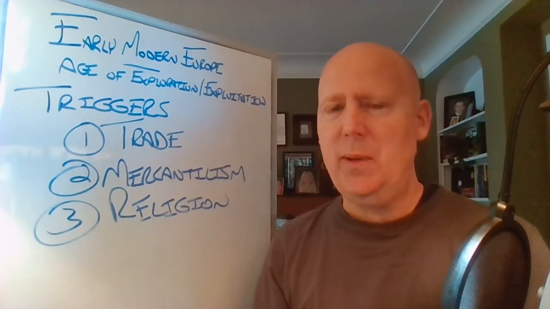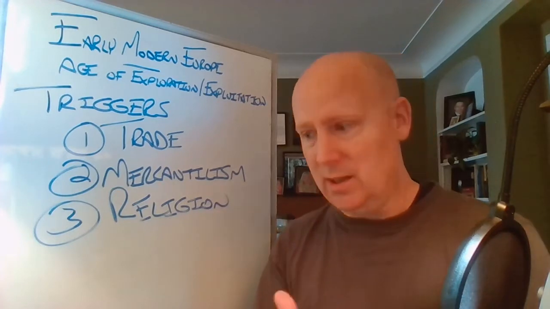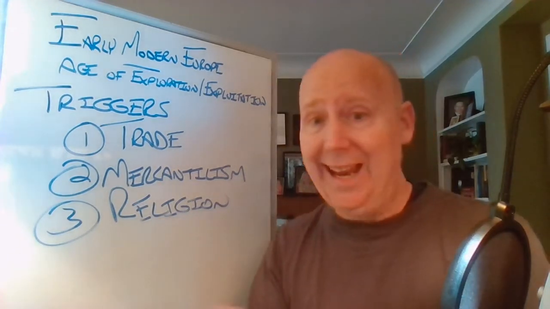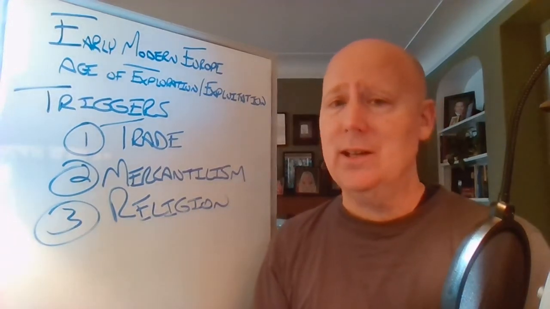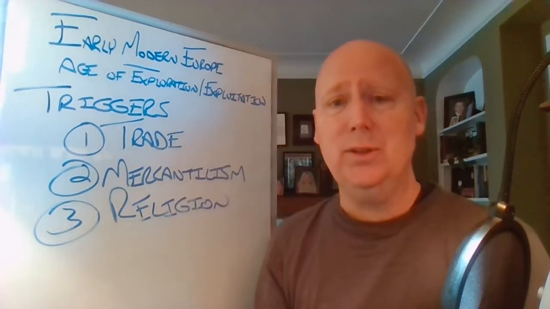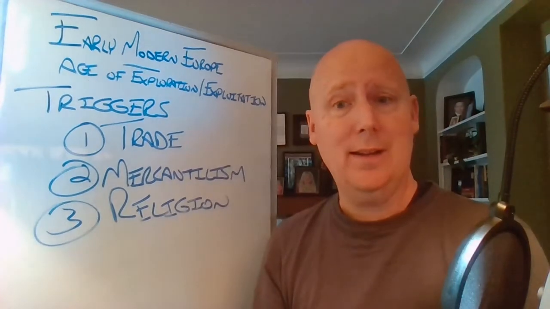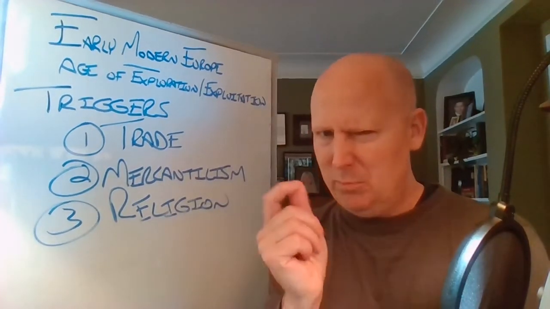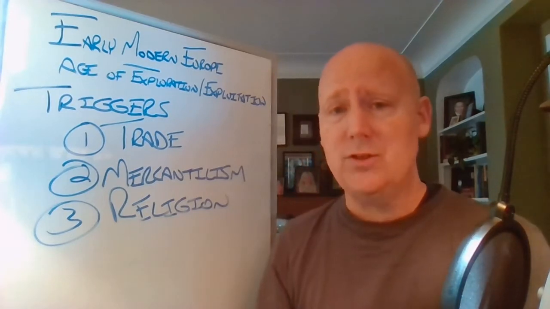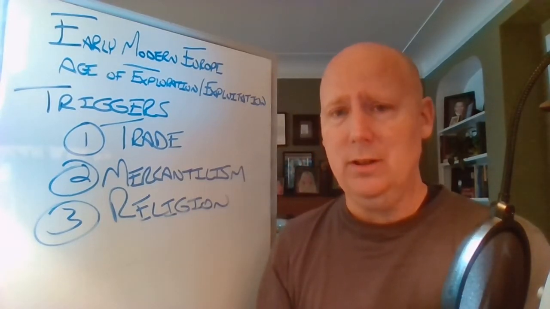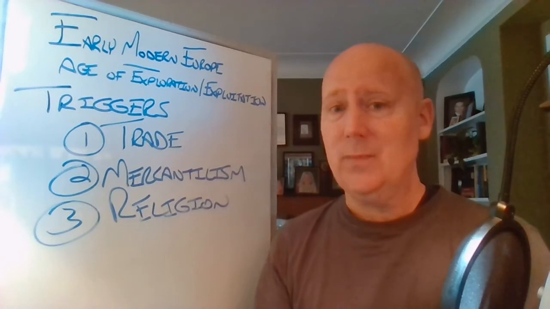And this you see especially in Spain when they're in the process of kicking all of the Muslims and all of the Jews out of Spain in the same year that Christopher Columbus sails the ocean blue, 1492, right? The same year. So that impulse is definitely there. So what they want to do is they want to find routes to India and Asia so that, and this is true, not taught a lot,